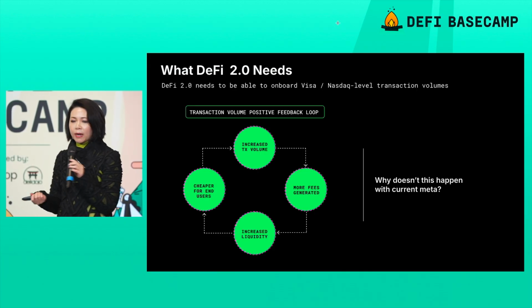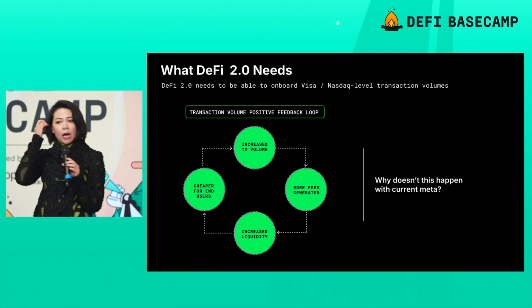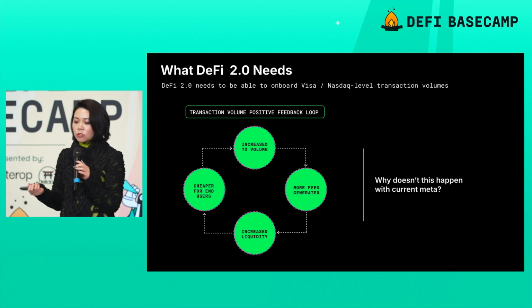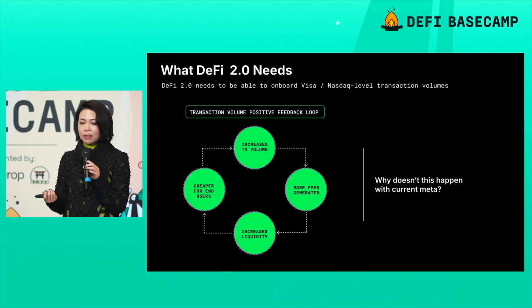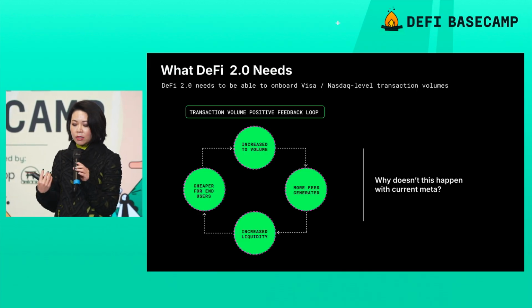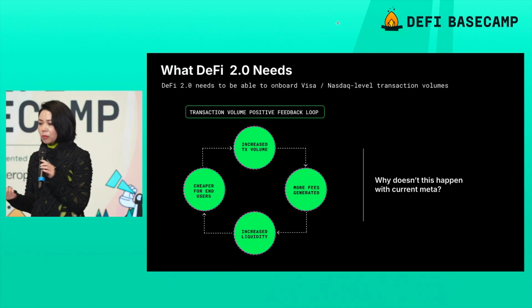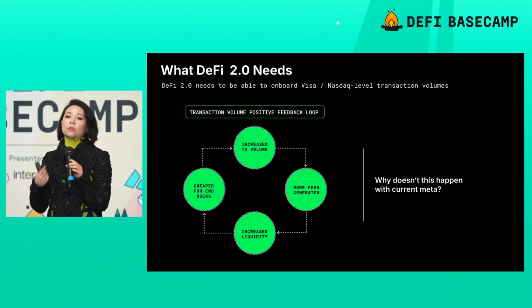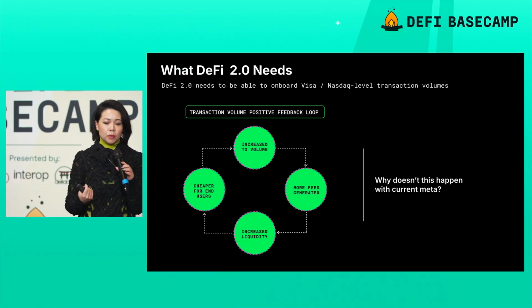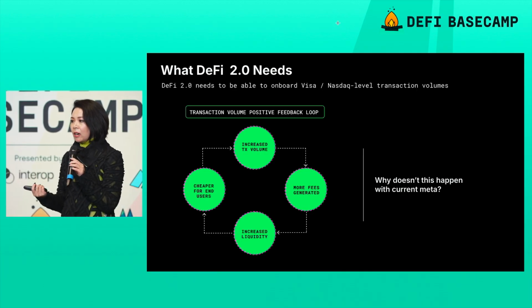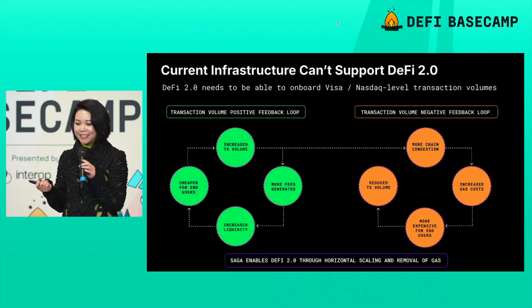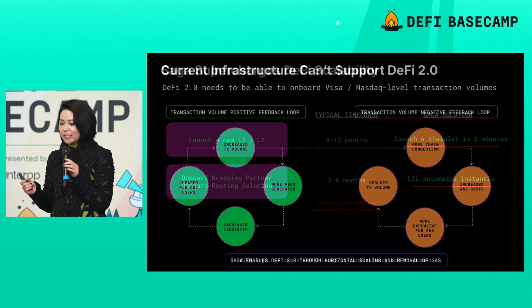So this is the feedback loop that you ideally want for DeFi on any layer one. So you want to increase transaction volume as much as possible. That leads to more fees generated. That leads to attracting more liquidity, obviously. And it is ultimately cheaper for end users. This is the flywheel that you want to create. It all starts off with that scalability, though. And now that everything is integrated with our liquidity layer, this is something that we can actually implement. What does that look like? Right, so please. So let's get this slide because I just talked about this piece.